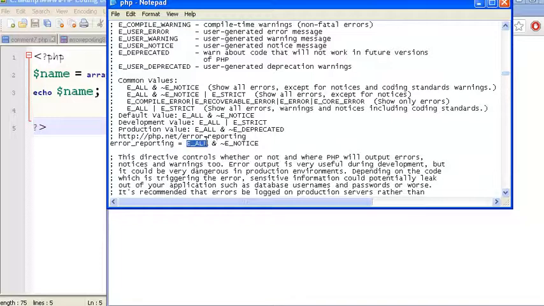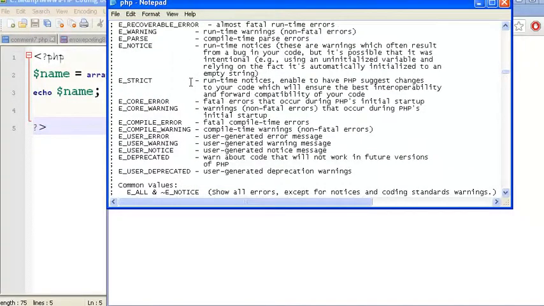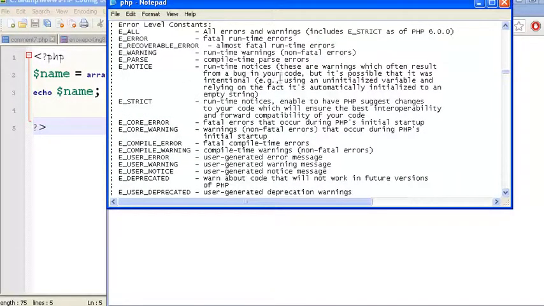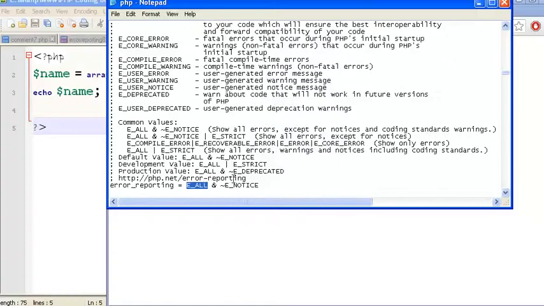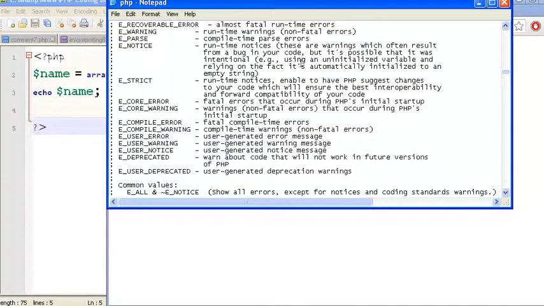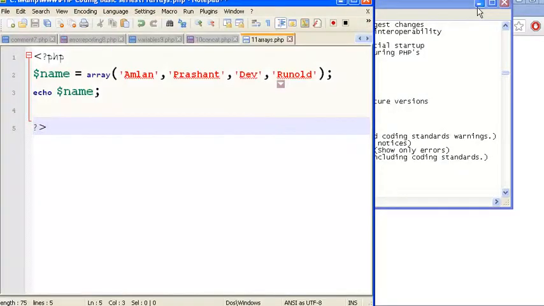It was earlier displayed as all, meaning that even runtime notices would be shown. But I have now made it all excluding notices, so we won't be getting runtime notices. So this was the problem.